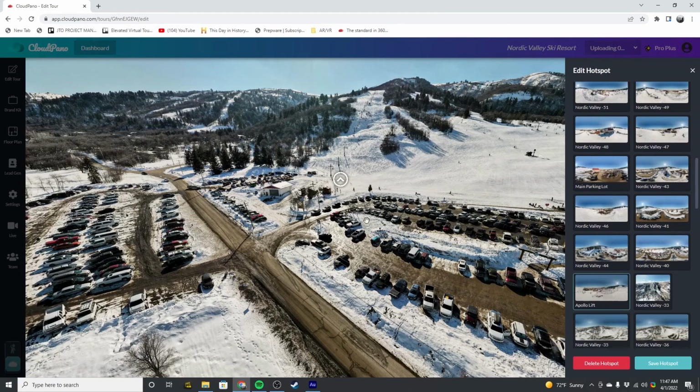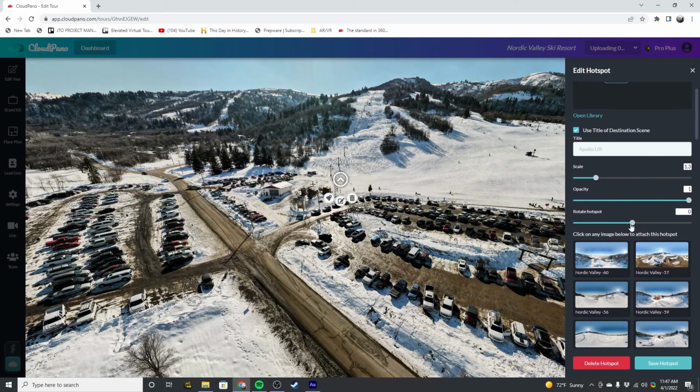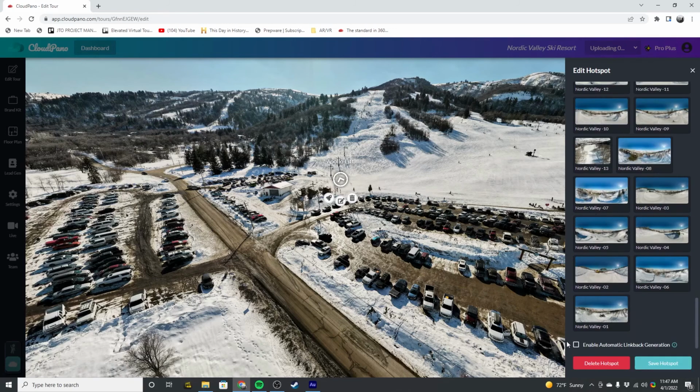So Apollo lift. And then you can also rotate the look of the hotspot. So some options for customization. And then what I want to do here is enable automatic link back generation. And what that'll do is when I make this a hotspot, when you're in this hotspot, it'll automatically have an option for a bubble for this menu